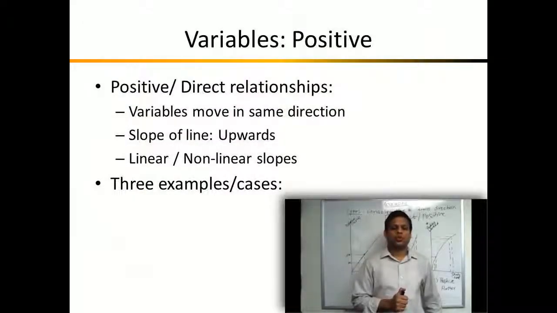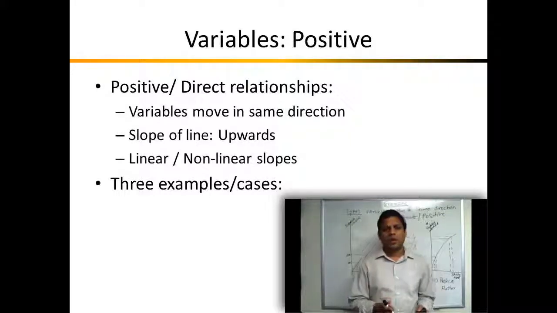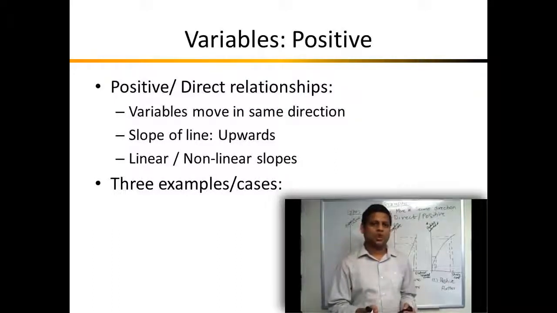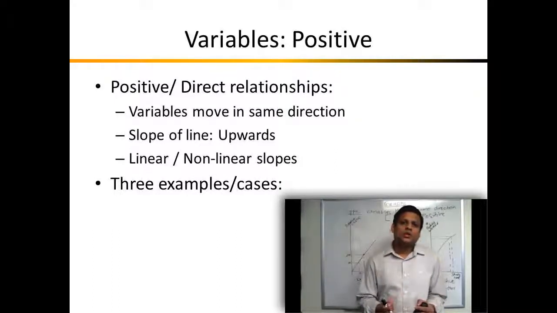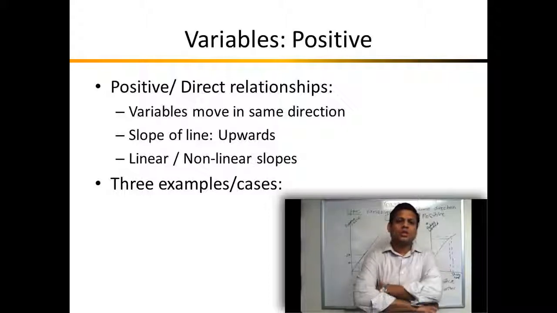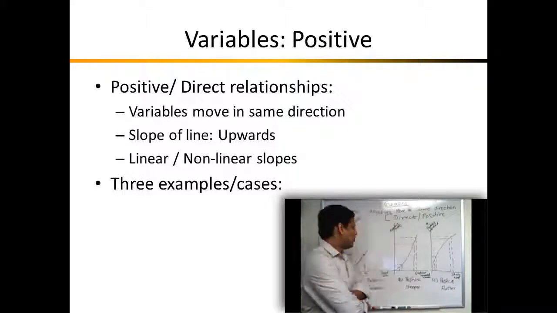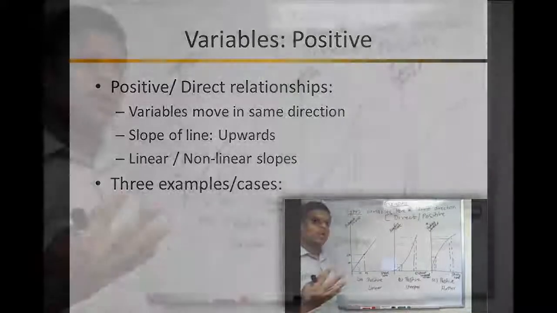Let us consider a situation where variables move in the same direction. When two variables move in the same direction, we say that there is a positive relationship between the two variables, or a direct relationship between the two variables. And in this case, when there is a positive relationship, the line would slope upward, and we consider three cases